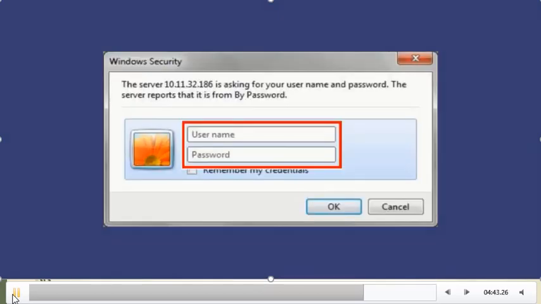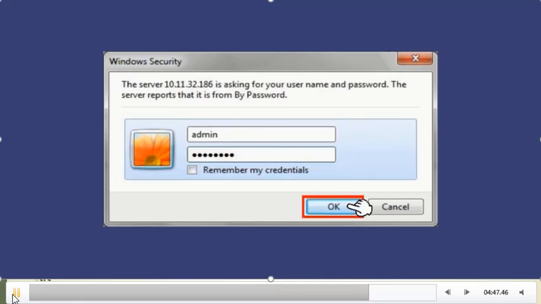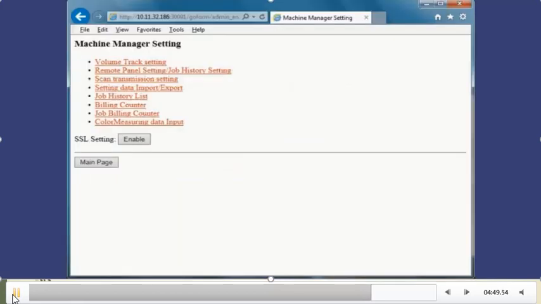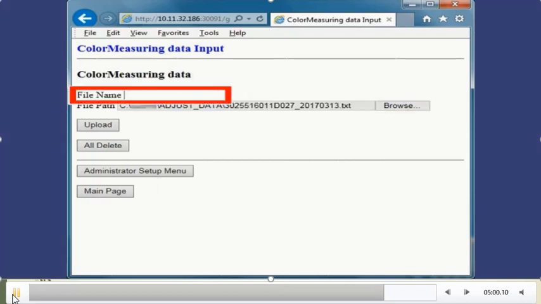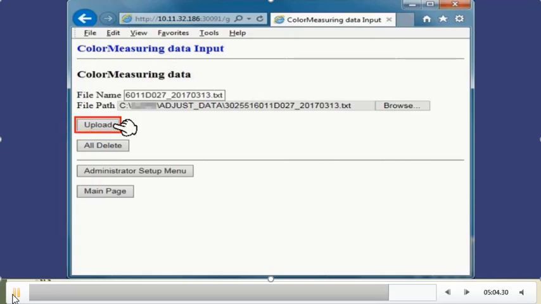Here you need the admin and password. If you don't know, just contact your engineer, he will guide you. And then click on color measurement data archive, browse the file, put the file name also, and just upload it.